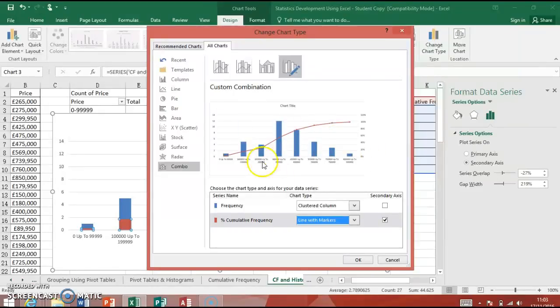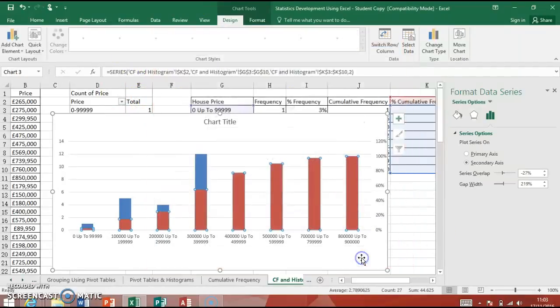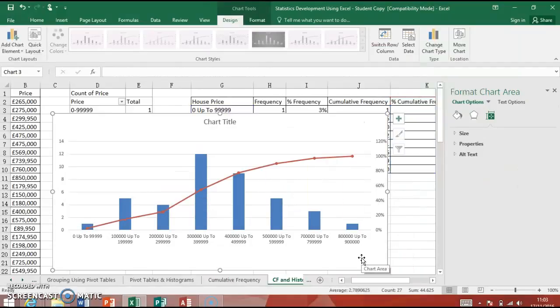There it is, look. Yours will look different, it'll be more up in the top up here, but just pick a line chart and you should be fine on the secondary axis there. Okay, so there you go. Now we wanted a histogram, so if you remember previously, we need to get rid of the